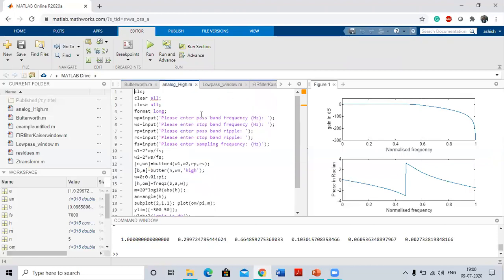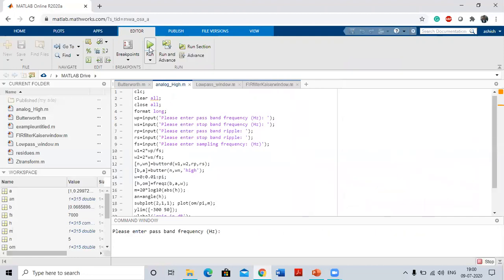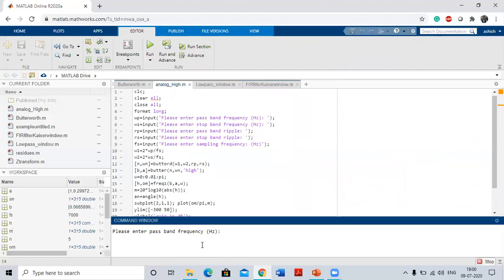Similarly, I implemented the high pass filter code here, and now I am running. Enter the passband frequency, 3000, then 0.2, 1660, and sampling frequency 7000.